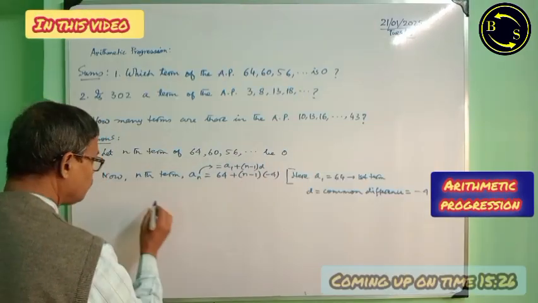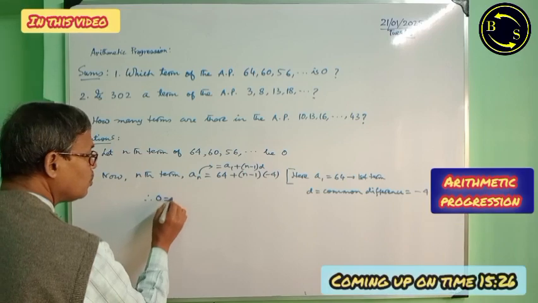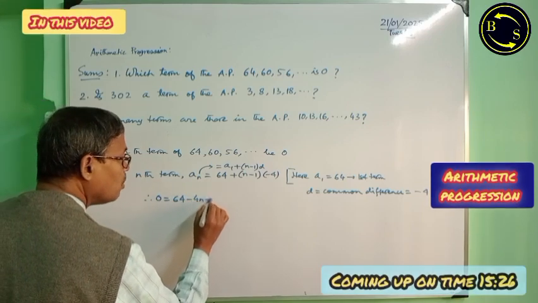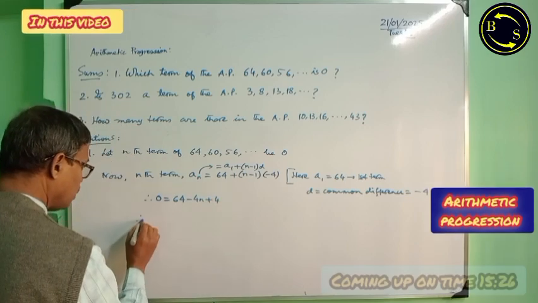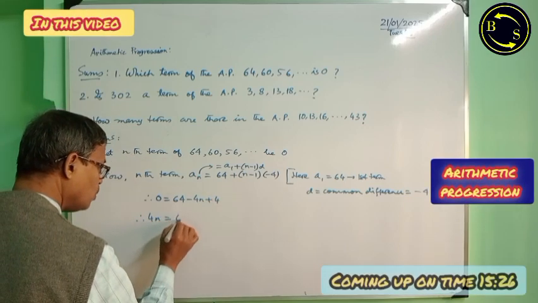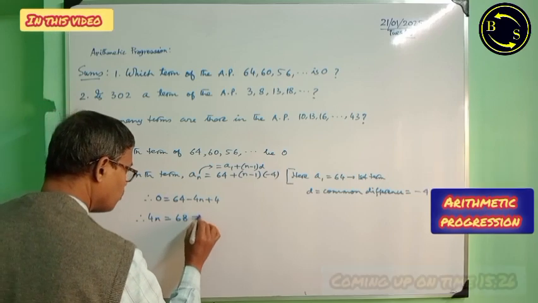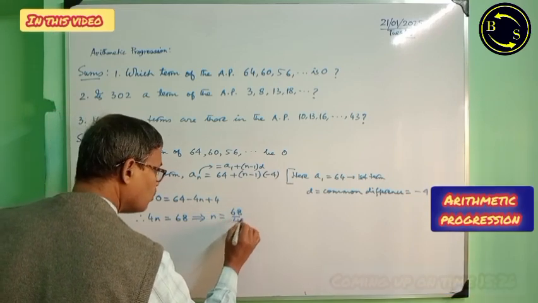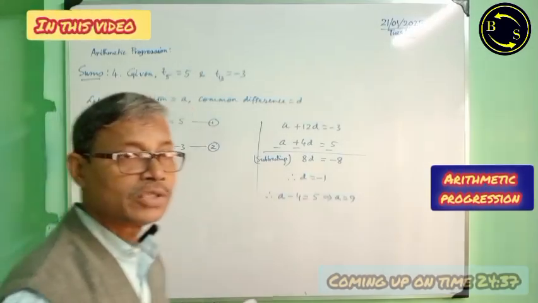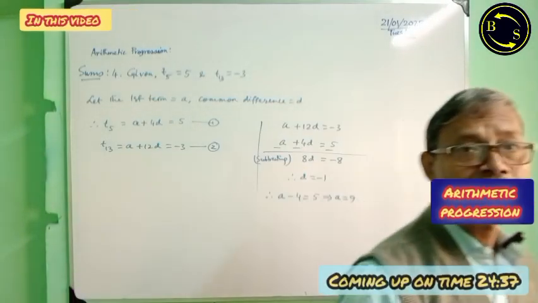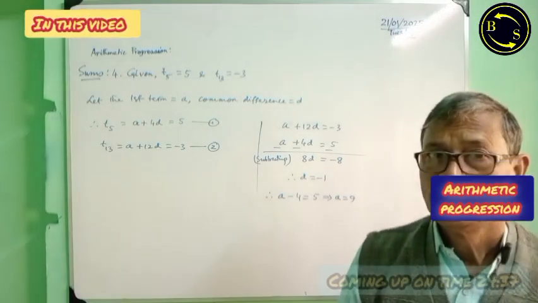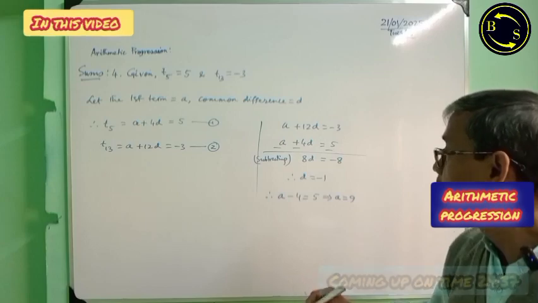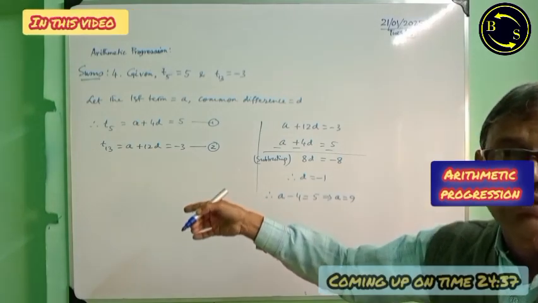Now the nth term is 0, therefore 0 equals 64 minus 4n plus 4. Therefore 4n is equal to 68. From that, n equals 68 by 4, which is 17. In this case, we are not to show the detailed steps of solving. We can solve on the right side of the sum concerned. Then there we write